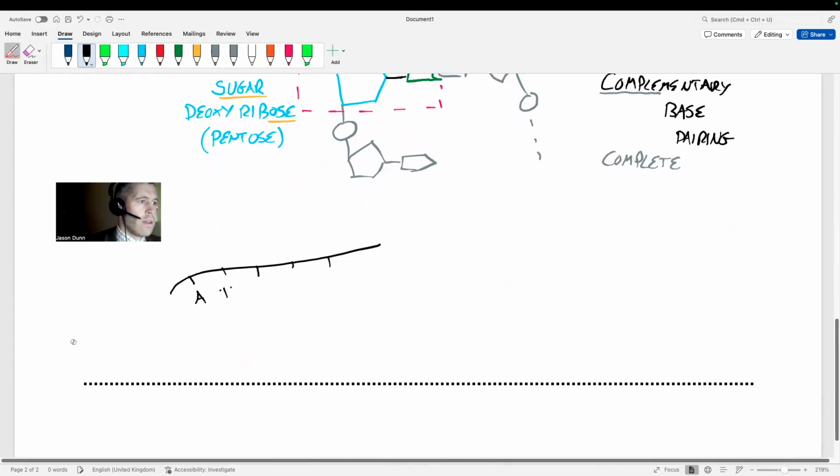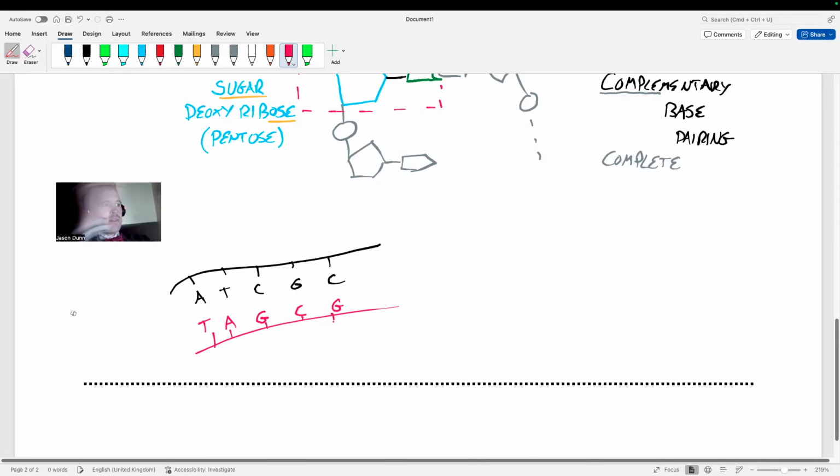So that's A, that's T, that's C, that's G. You can unzip. So you've got one strand, and then the other strands will come in. Whoops, that will go with T, A. So you can make another strand because of this complementary base pairing thing.